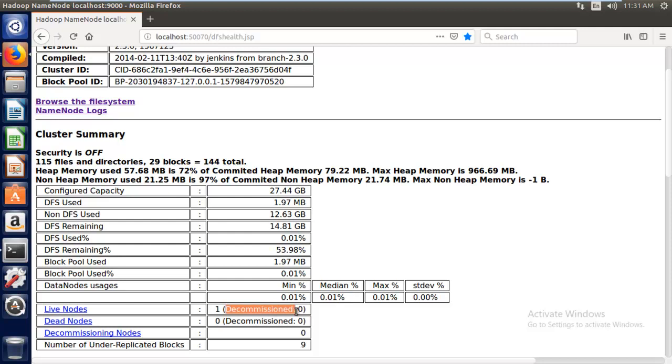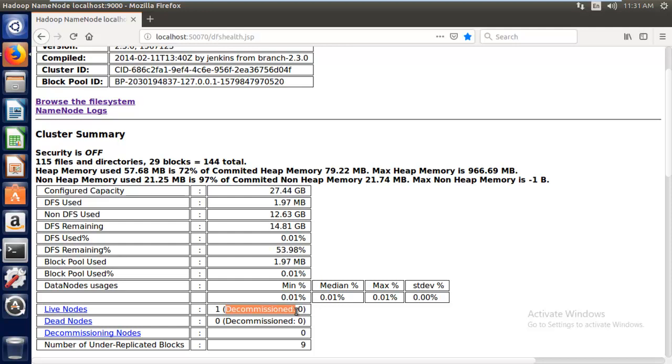In Hadoop we have a commissioning and decommissioning procedure. Adding a few more servers or nodes to the existing cluster is commissioning. And if you're not finding any particular use for some nodes and you're trying to remove them, that particular procedure is decommissioning.